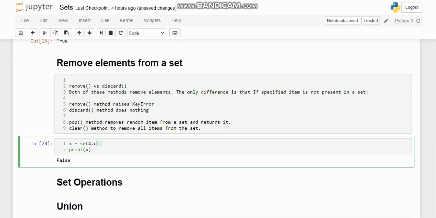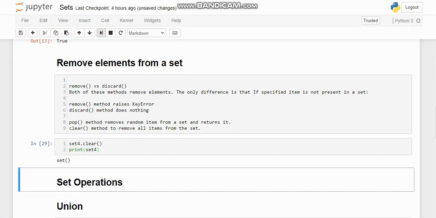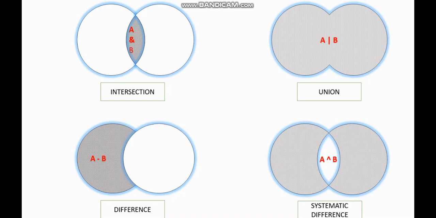Okay, I'll just print set 4. Now this set 4 has become empty after this. Set in Python is just like set in maths.